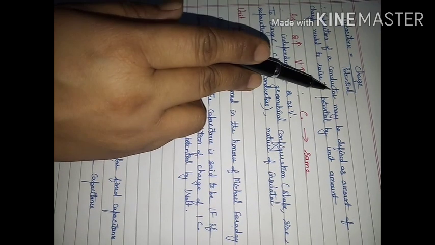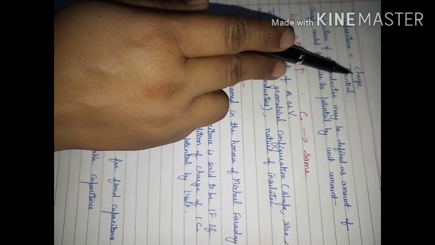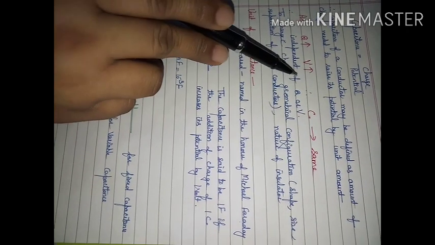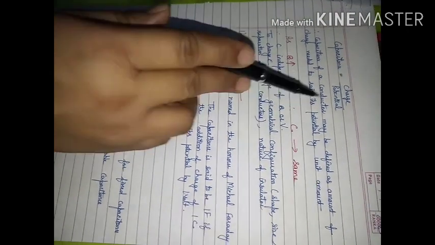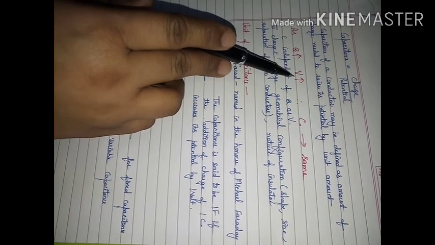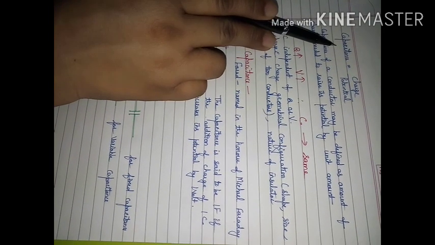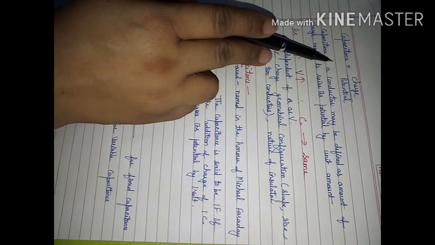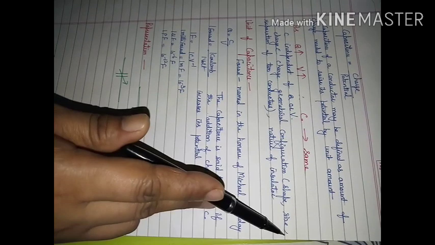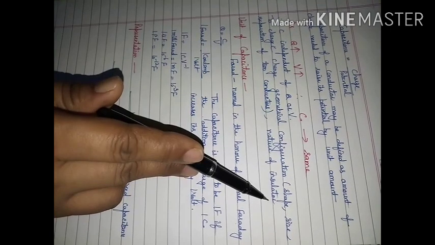Capacitance of a conductor is not going to depend on charge. It is going to depend on the geometrical configuration and the nature of the material that you have kept between the two plates, because if you increase the value of charge here, then potential will also increase because they are directly related. So this ratio will remain the same. So capacitance is independent of charge and independent of potential. On which factors will it depend? It will depend upon the shape, size and separation between the two plates, and upon the nature of the insulator that you have kept.